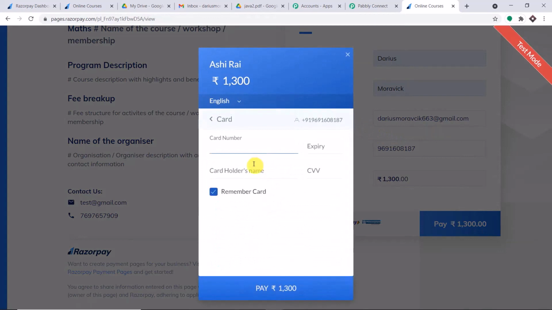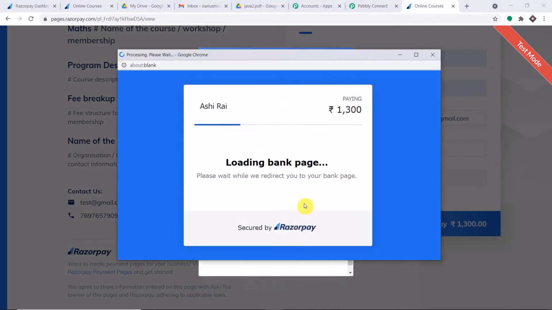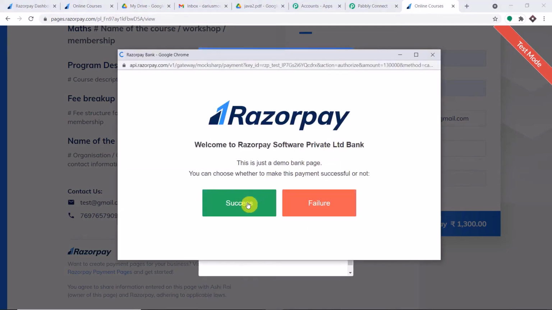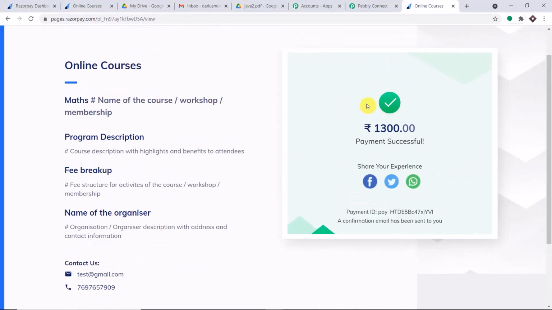Okay, so let's go with the card. So these are the card details of Darius. And let me just click on pay. Skip saving card. Okay, so let me just click on success. So a payment of 1300 has been made by a person called Darius Moravik. Okay, excellent. So the idea is that Darius Moravik will be getting an email, and this email will be containing